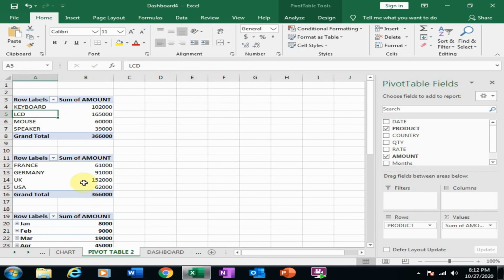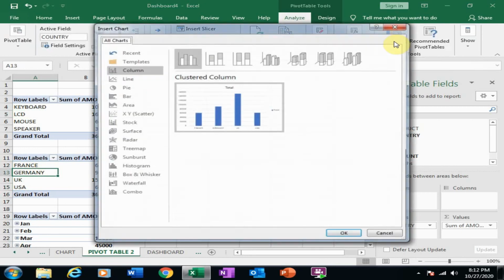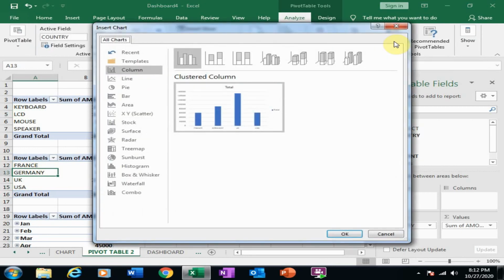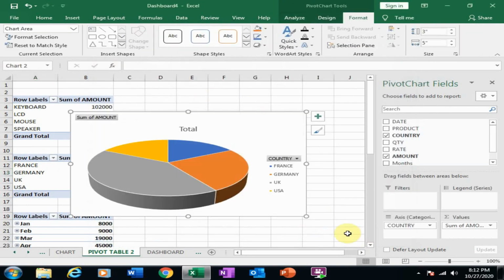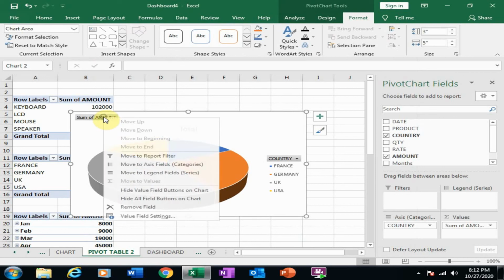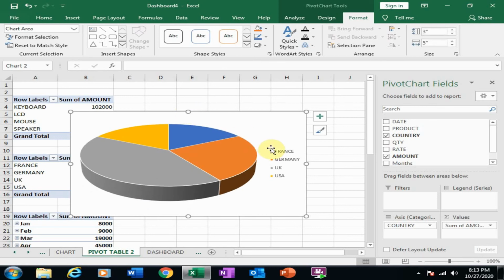In the pivot table 2 sheet, just click here on country and go to Analyze and create another chart. Now I want a pie chart. And click here and hide all field buttons on chart, and remove this one.